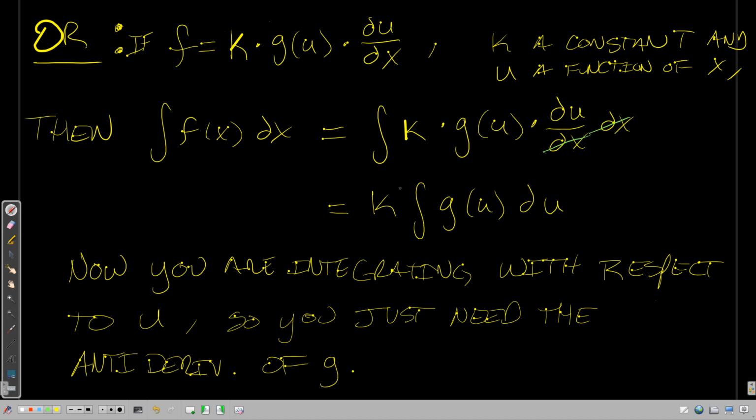The dx is canceled, and the constant comes out front, and you're just integrating that composition, but it's no longer viewed as a composition where u is a function of x, because you are integrating now with respect to u. So then for you, that looks just like integrating a regular function, because the variable of integration is u. You just need the antiderivative of g. For example,